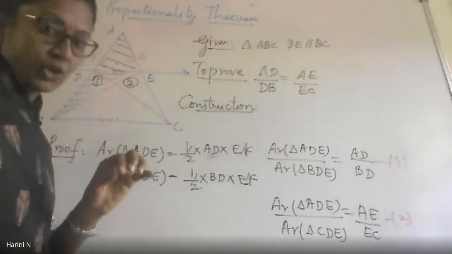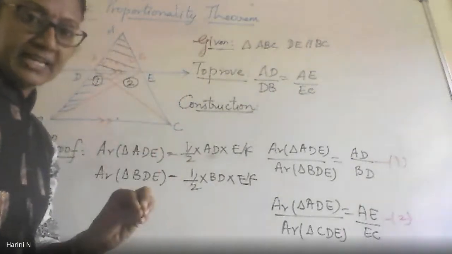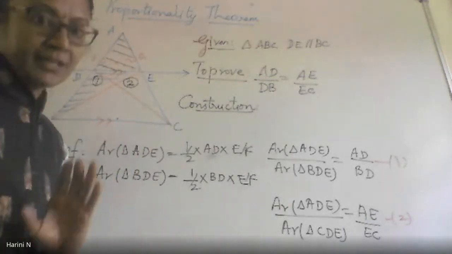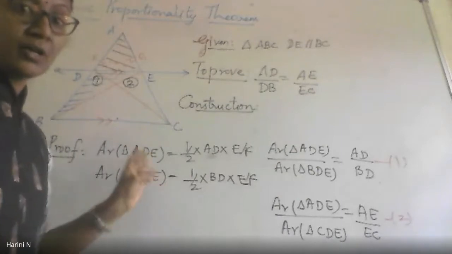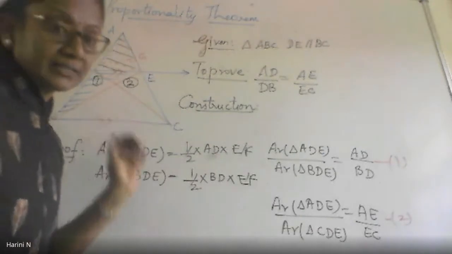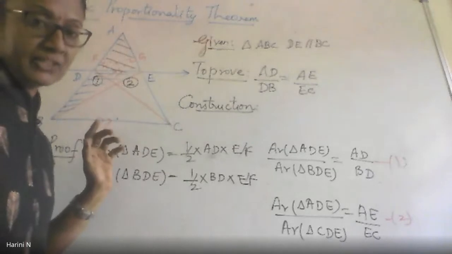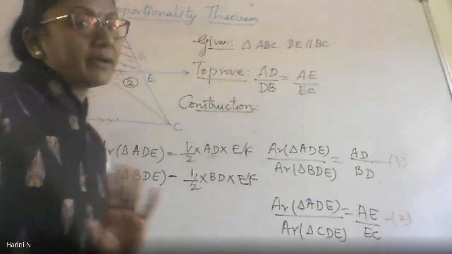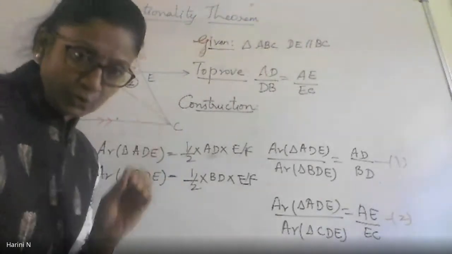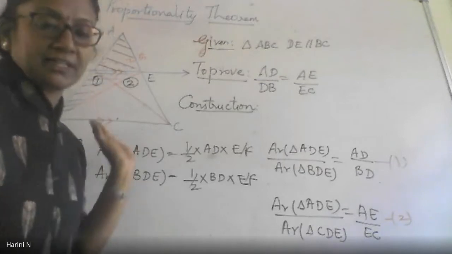If you have already gone through the proof, drawn the diagram, prepared your notes, try to understand, try to write it 2-3 times on your own, then your job is done. If you are looking at the theorem today only as though it was my duty to come and tell you, see my dear children, this is basic proportionality theorem, this is how it has to be learned, you have already wasted 3-4 days time. Please don't do the same thing again and again. Nobody is going to wait for you. The environment is going to be online only. And this is the only way I can reach you. If you are not regular from day one, you are inviting problem.